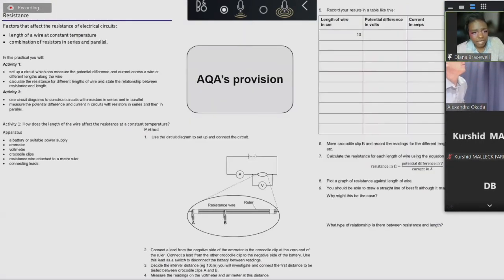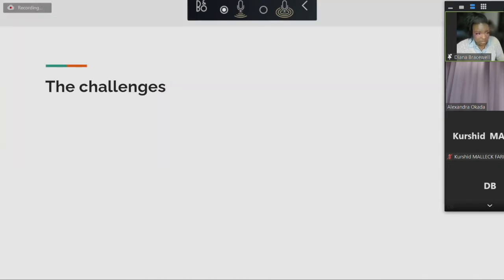So, AQA's provision when it comes to the required practicals, I know other exam boards will have equivalents. The booklets you get look like this. I know that teachers will provide their own resources to support. Different schools will have different designs for the practicals, different equipment, etc. So I was looking for something quite universal that people could get stuck into and use, and also to make the practicals more accessible for students, especially given some of the challenges